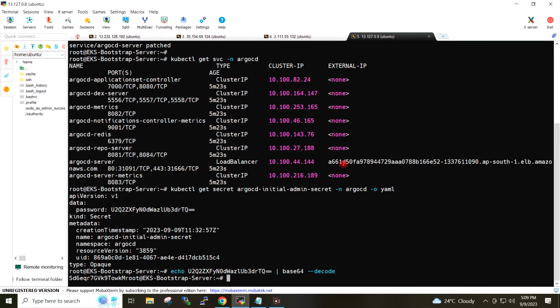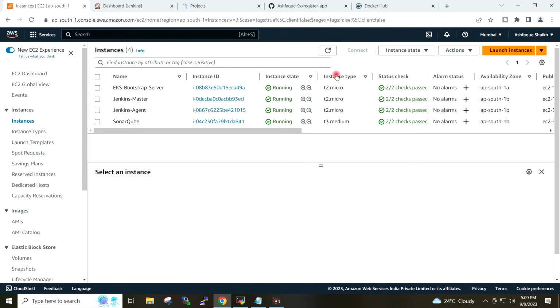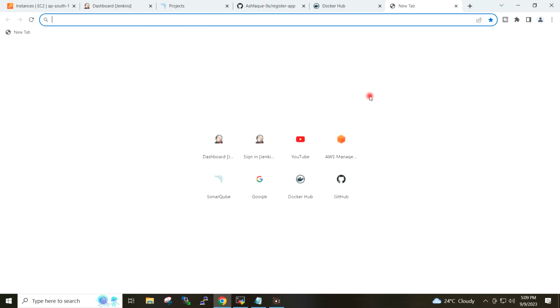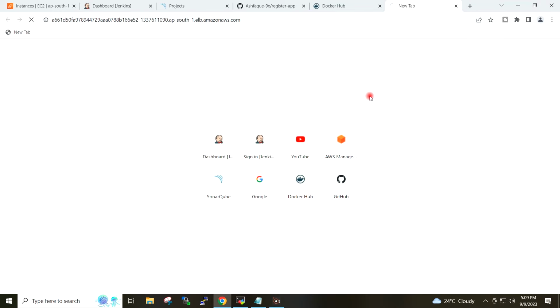I will copy the DNS name for the load balancer created for the Argo CD cluster. I will go to browser and I will browse it.